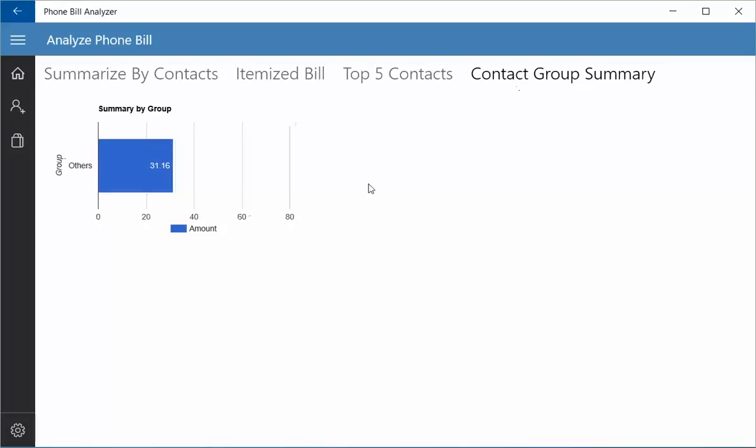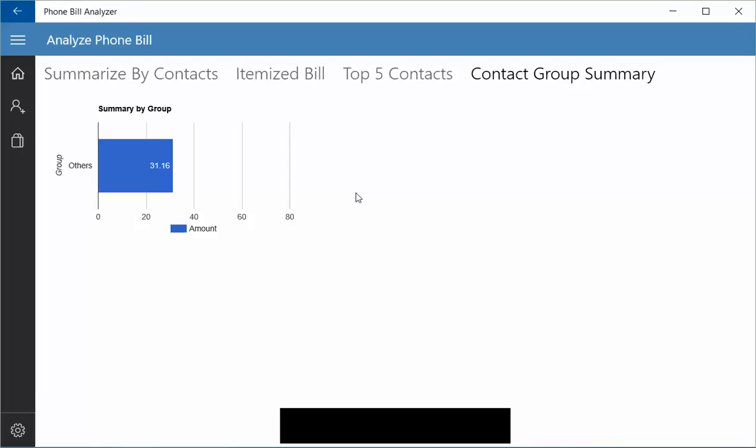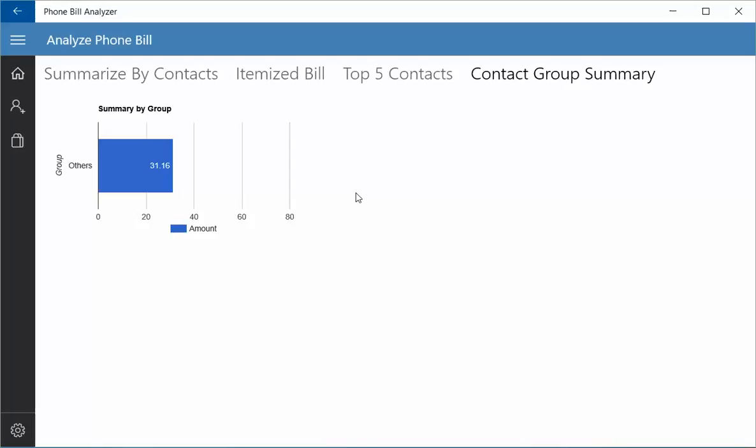Now here you can see the top 5 contacts, and here you can see the contact group summary. So here right now I have not grouped any contacts into a contact group, but if you have done, you can see the summary by contact groups. So for example, you can group your contacts into contact groups like family, friends, co-workers, or acquaintances.